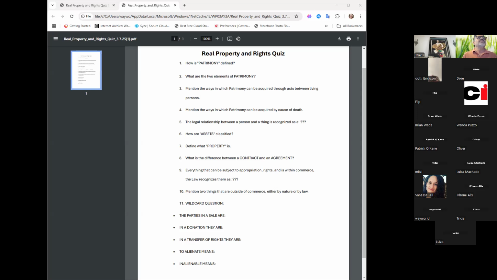Okay. Define a property. What is a property? Things that cannot be moved from one place to another. Well, a property doesn't mean just that.